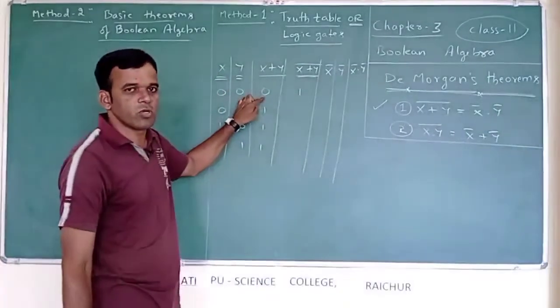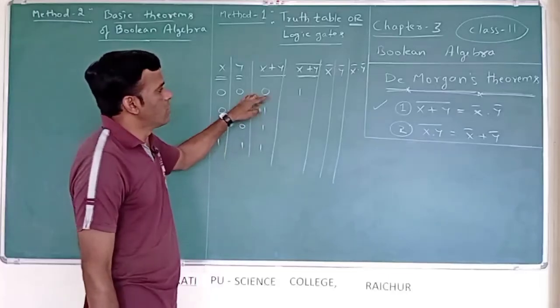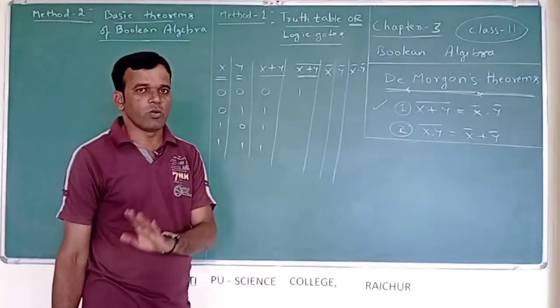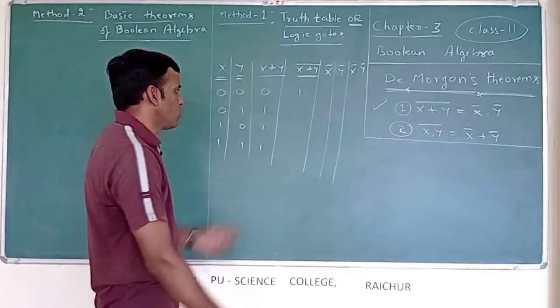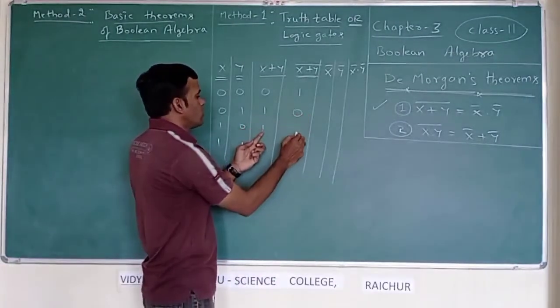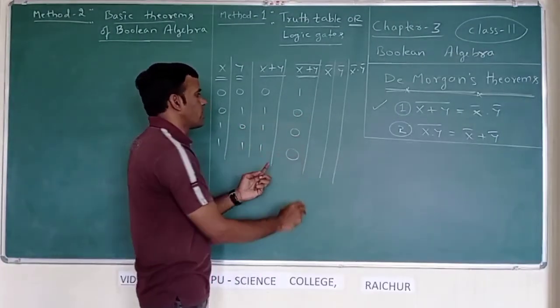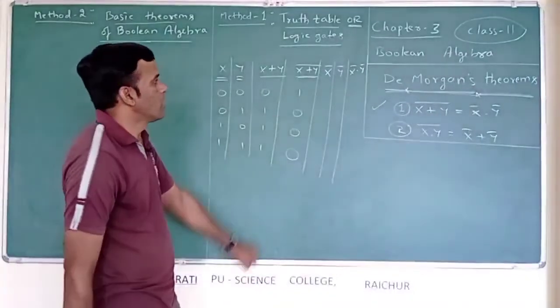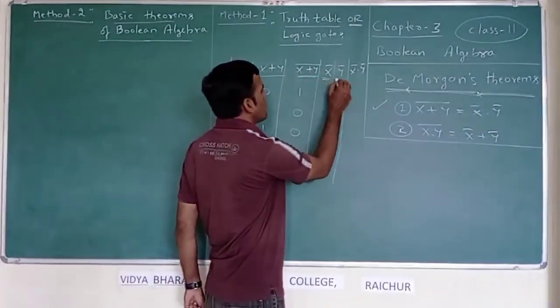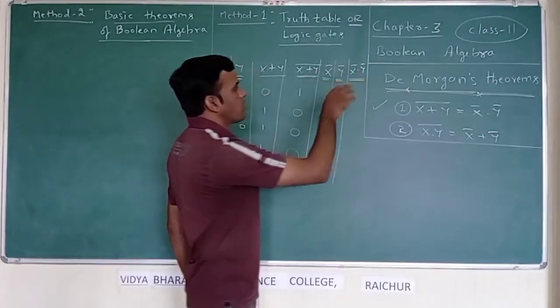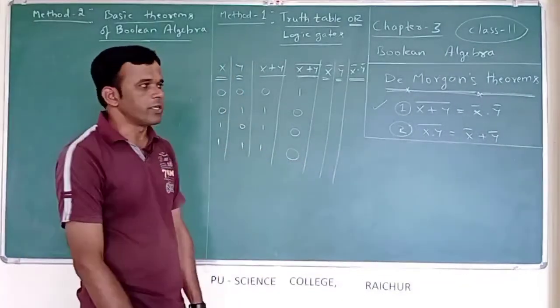We are discussing binary variables. We are considering 0 and 1, only two possibilities. So when 1 is complemented it is 0, here 0, and here also we are getting 0. Now here it's x bar, then y bar. It is the product of x bar into y bar, the AND operation.